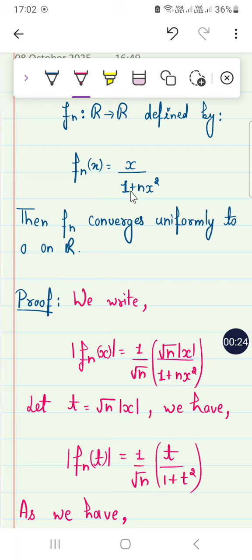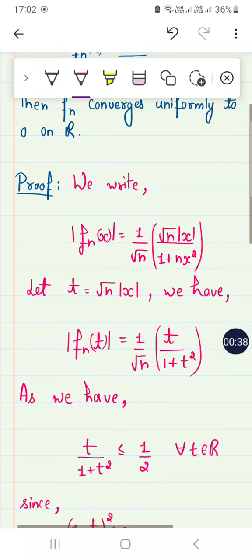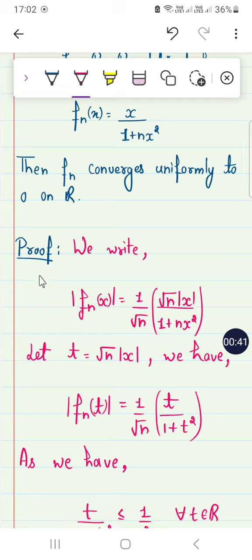It means that if we have a uniform bound, and it converges to 0 when taking limits, then we say that it is converged uniformly. Now, how do we define the uniform bound of this function? Taking the uniform bound, we first have to make the denominator make sense with the numerator, so we can bound it. For this, 1 + nx² can be written as 1 + (√n |x|)², right? So make it that type of thing.